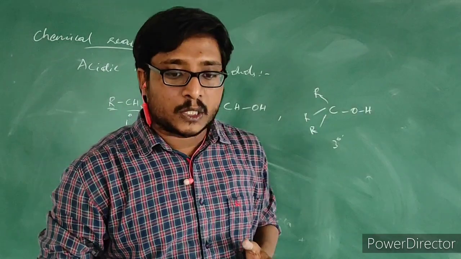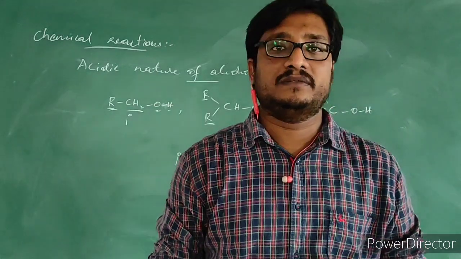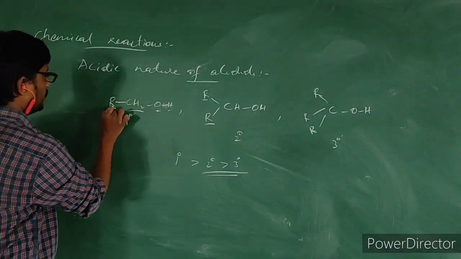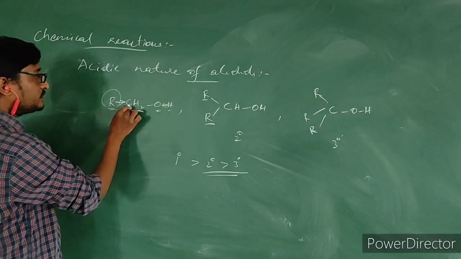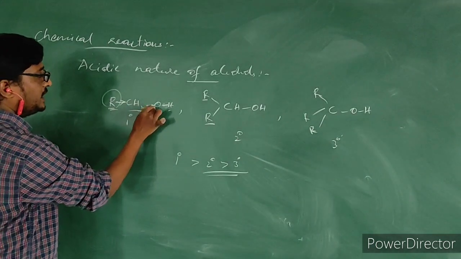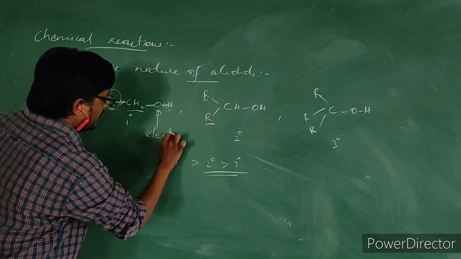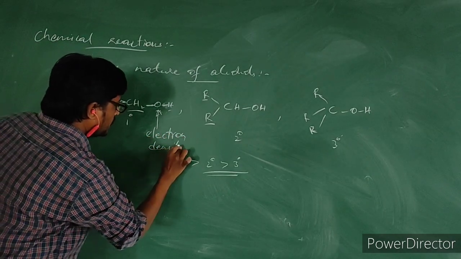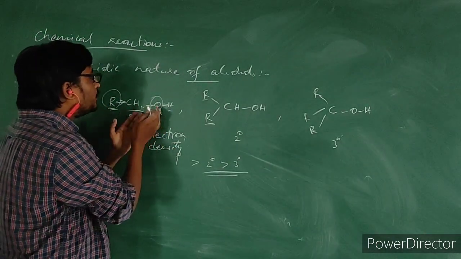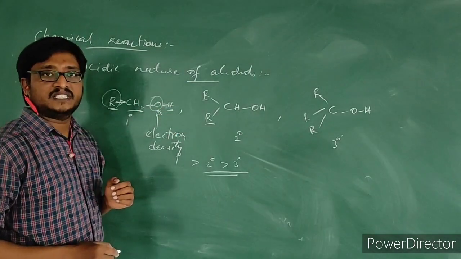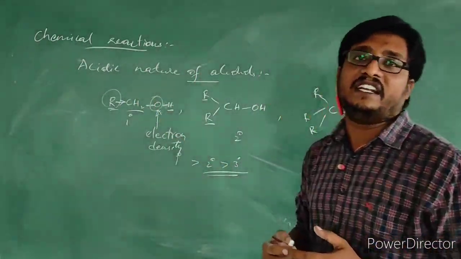What is the nature of an alkyl group? To donate electrons. They increase the electron density on the attached carbon. For example, R is nothing but the alkyl group. It will donate electrons to this carbon. So this carbon will donate electrons to this oxygen. Ultimately, the electron density on this oxygen will increase. If the electron density increases, this oxygen will not pull electrons from this hydrogen. Understood? It will not pull electrons from this hydrogen and it will not liberate the hydrogen easily.